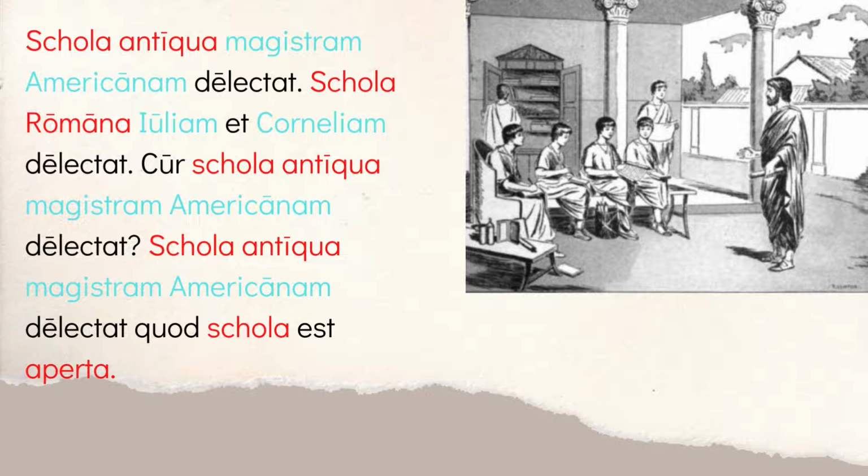In this sentence, the American teacher is not doing anything. She's not delighting anyone. She's being delighted by the school is one way to think of it. So this is where you're getting into that subject versus direct object idea. And you can tell how you're supposed to translate this by looking at the endings. It always guides you in the right direction in Latin. So start with your subject, Schola Antiqua, go to your verb, delectat. So the ancient school delights, and then look for your direct object, the Magistram Americanam,